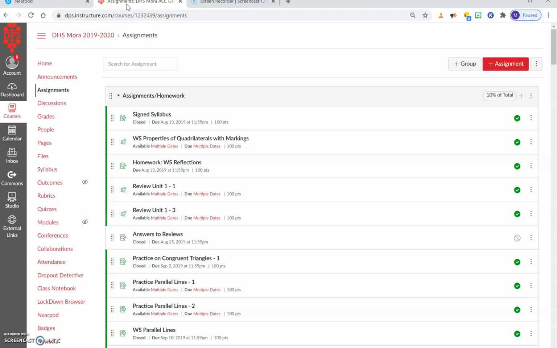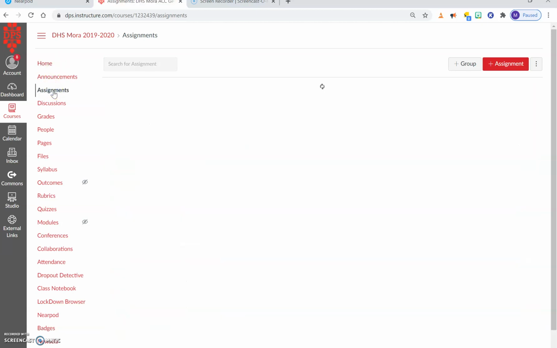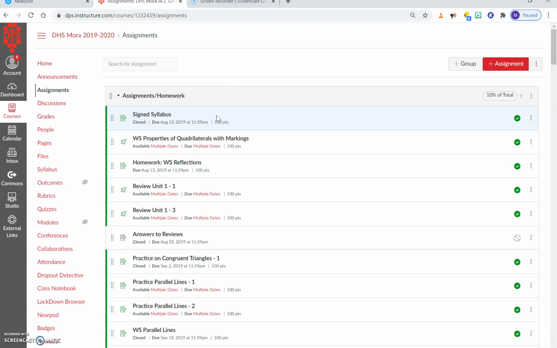So the first thing you're going to do, you are going to go on to your course, wherever you want to add the Nearpod. And the lesson that I'm going to send you is going to be for geometry. So I am in my geometry course and I'm going to click on assignments. So then you will click on add assignment